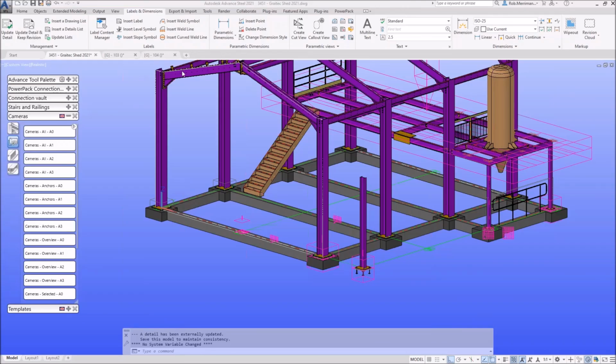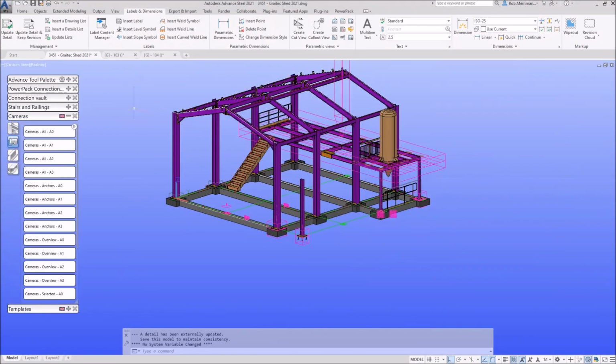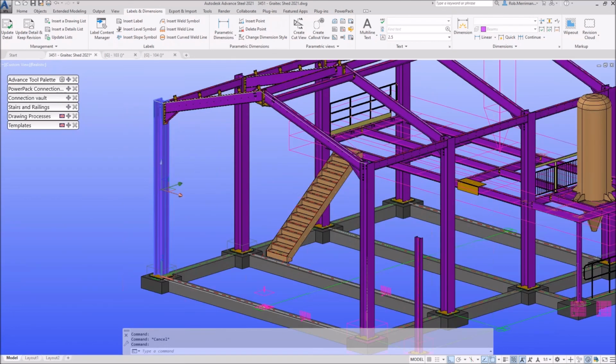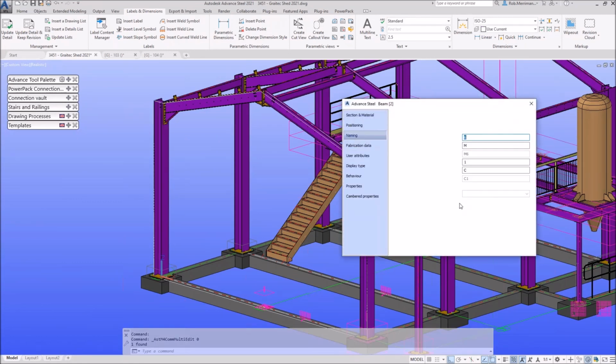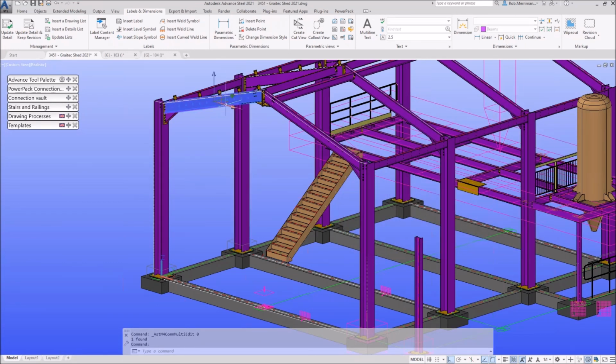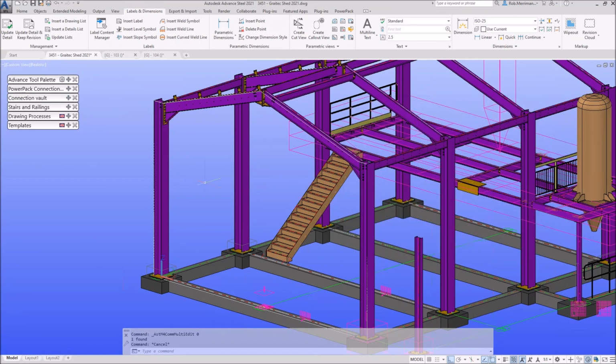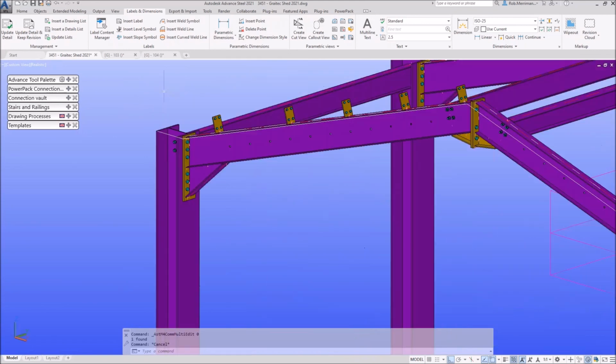you want to be using macros in Advanced Steel as much as possible. So this portal frame was put in with the portal frame macro. The columns are called column. The rafters, there is a model role for rafter. So even if the portal frame macro won't do what you want, use the macros to see what model roles